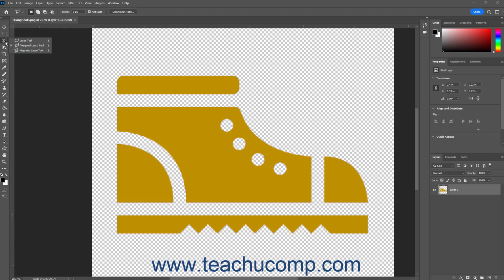So if needed, make sure you select the Polygonal Lasso tool by clicking and holding down on this button, and then selecting the Polygonal Lasso tool choice from the side menu that appears. To show a drop-down menu of saved tool presets from which you can choose if you created any for the Polygonal Lasso tool, click the Click to open the Tool Preset Picker button at the left end of the Options